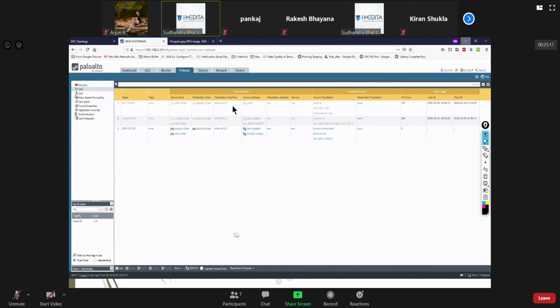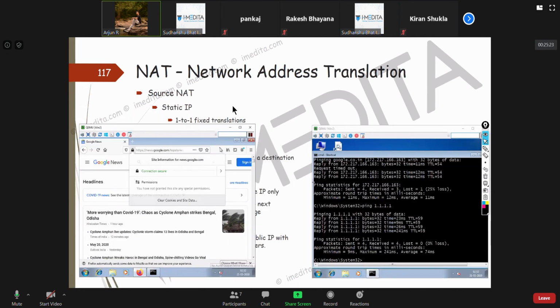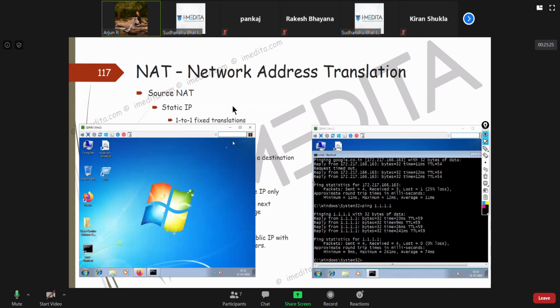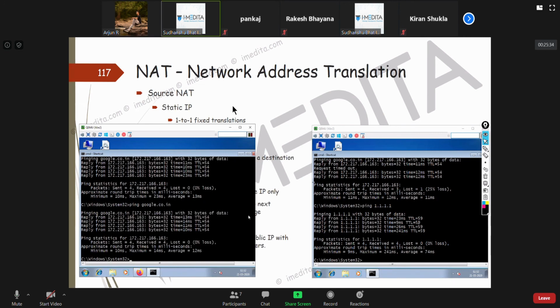Fine. So same thing. Yeah, app ID will work perfectly fine with that. Actually, most of the times in organizations we use PAT.